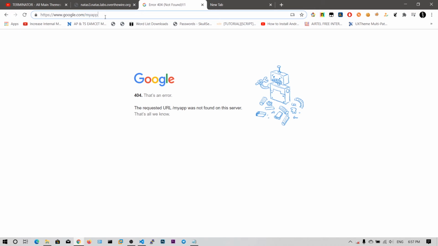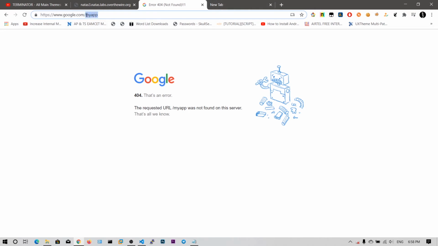Because I put this my app in the robots.txt file, whatever the content in the robots.txt file, the web crawlers, search engines like Google, Yahoo, Bing, any other search engine, will not display that in the results.